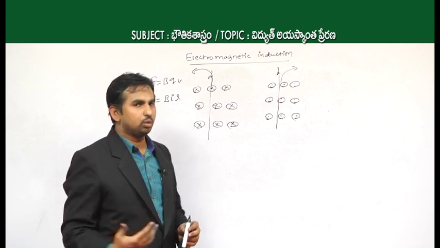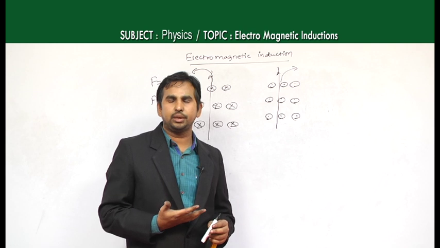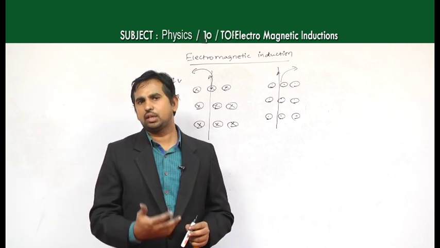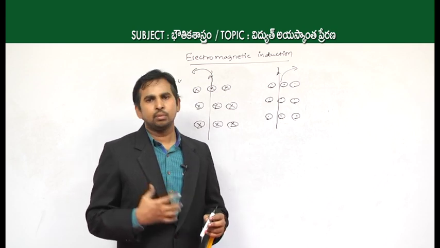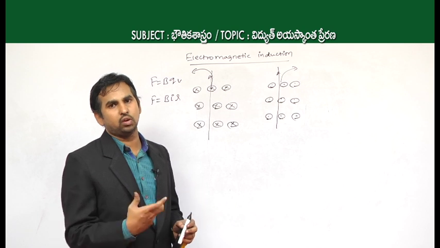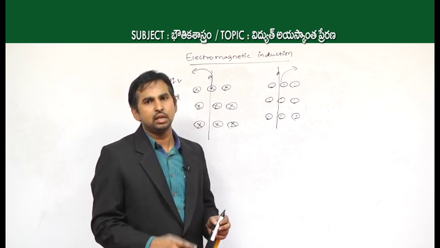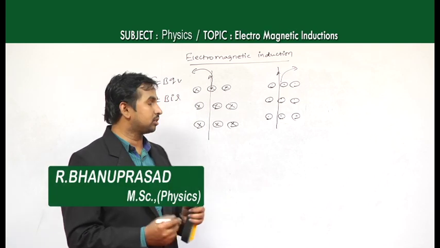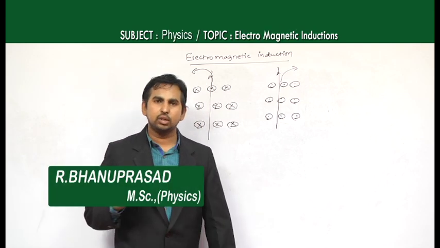Like this, we can use it for a straight conducting wire, or for a circular wire, or even for a solenoid. But in the case of a solenoid, in most cases the magnetic lines of force behave just like those of a bar magnet. So that's why sometimes they ask questions about the magnetic field around a solenoid,